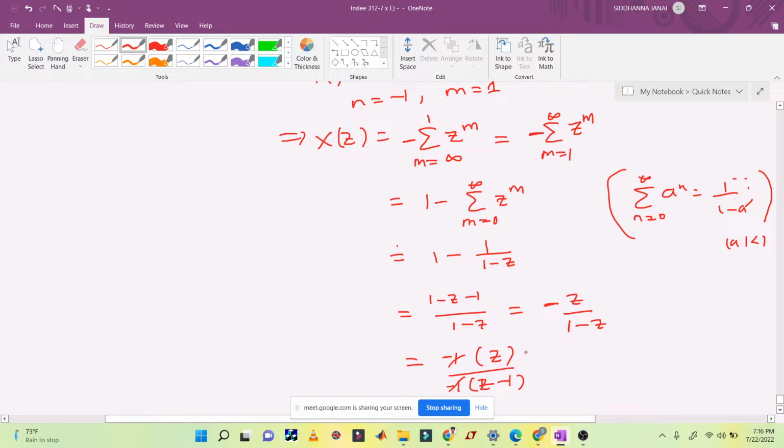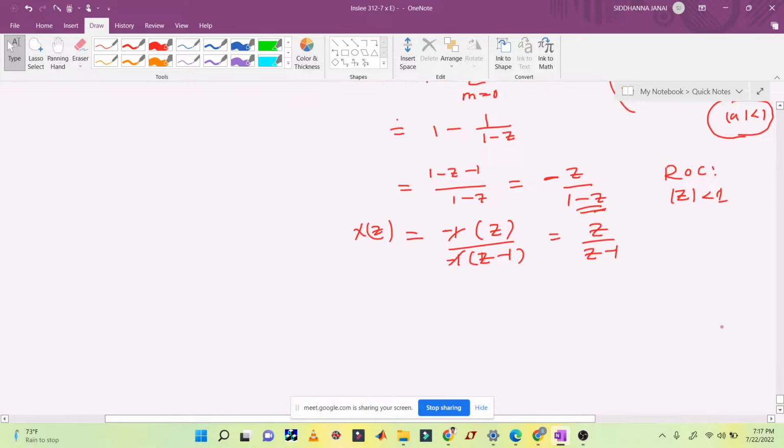Okay, so minus 1 and minus 1 will cancel out, you will get z divided by z minus 1. But according to this rule, magnitude of a is less than 1, so magnitude of z is less than 1 is our ROC from this equation. Okay,